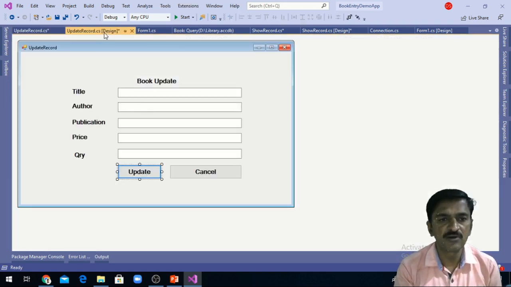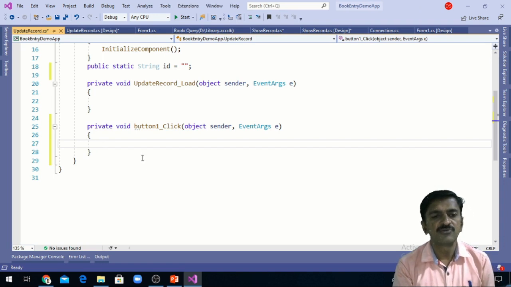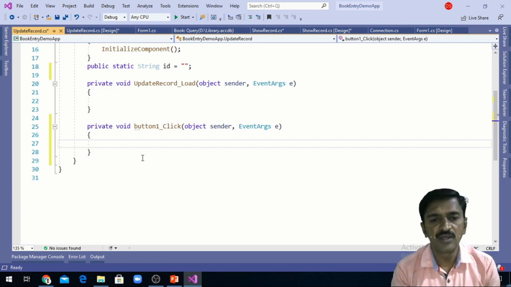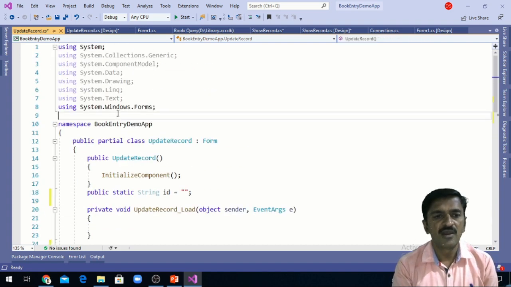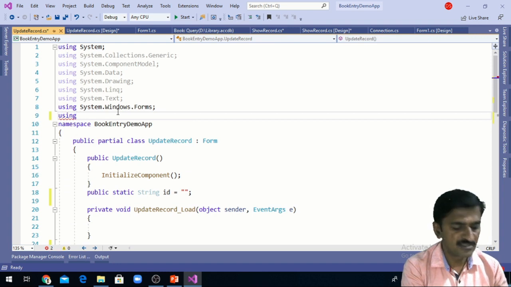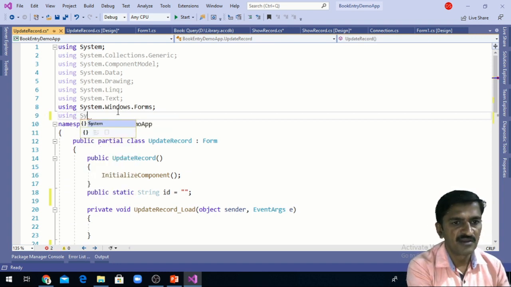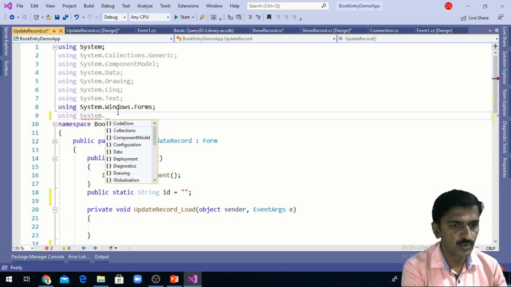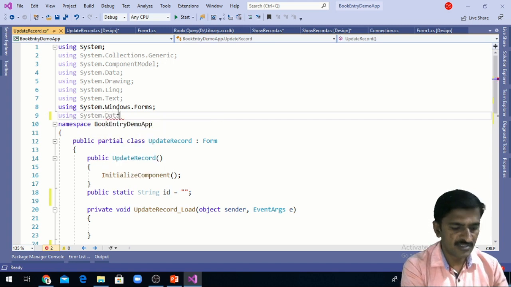So I'm double clicking on this update button. So now I can write the query to update the record. First I need to access the database namespace. For accessing the database classes, database handling classes, I need to use the namespace system.data.OLDB.